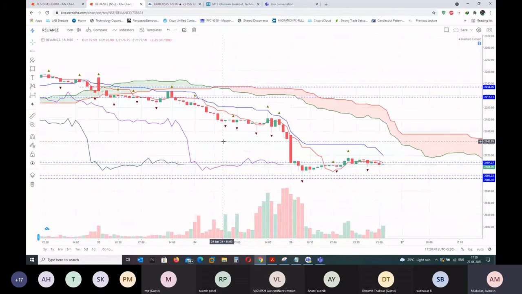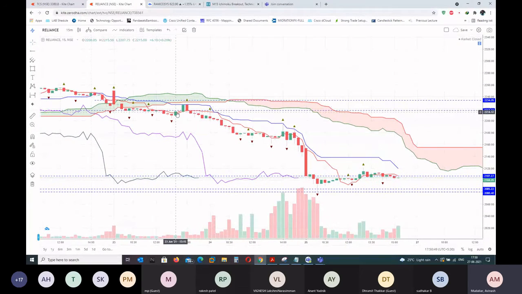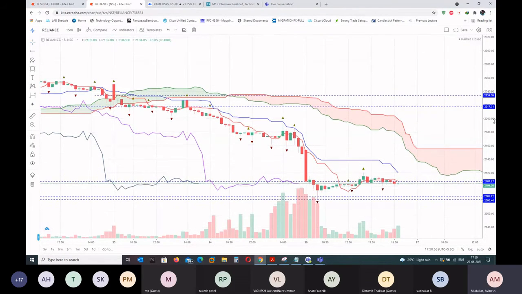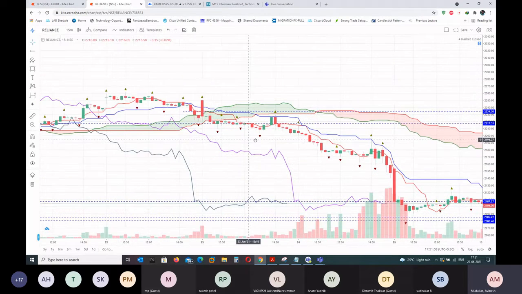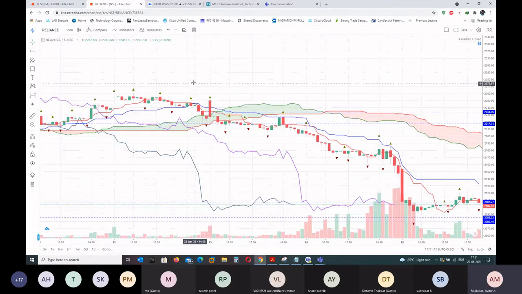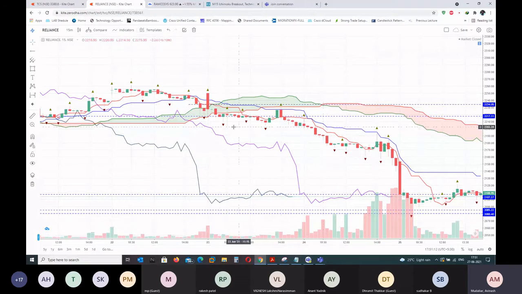Okay, so in the book they will suggest that once you take a crossover trade, keep the stop loss above the cloud. No, that will be too big and too wide. So what I suggest is, once the candle is closing above the Kijun Sen, you simply wait for the Tenkan Sen to be breached. Once it is breached, you exit. Okay, so this is nothing but a TK crossover, entry and exit.